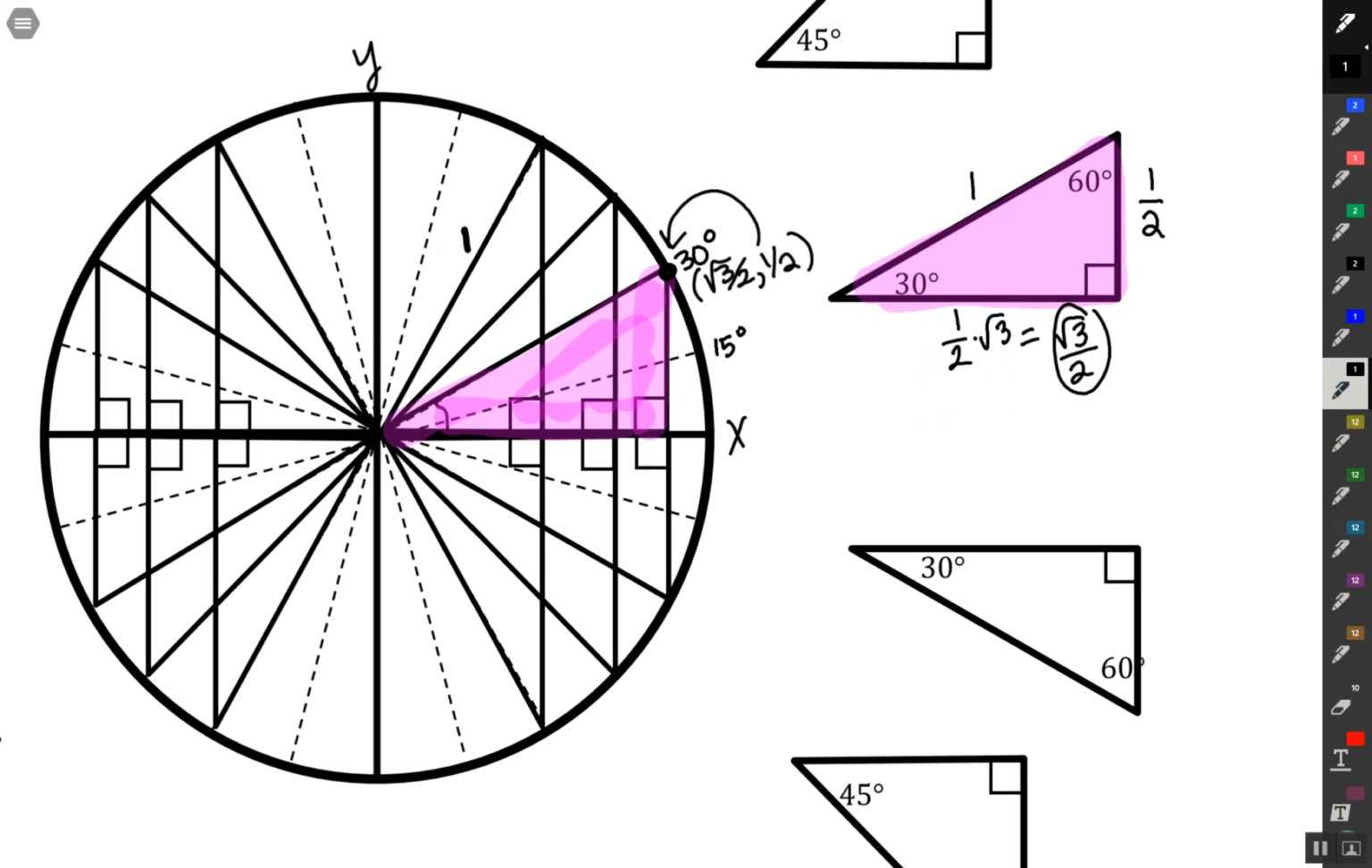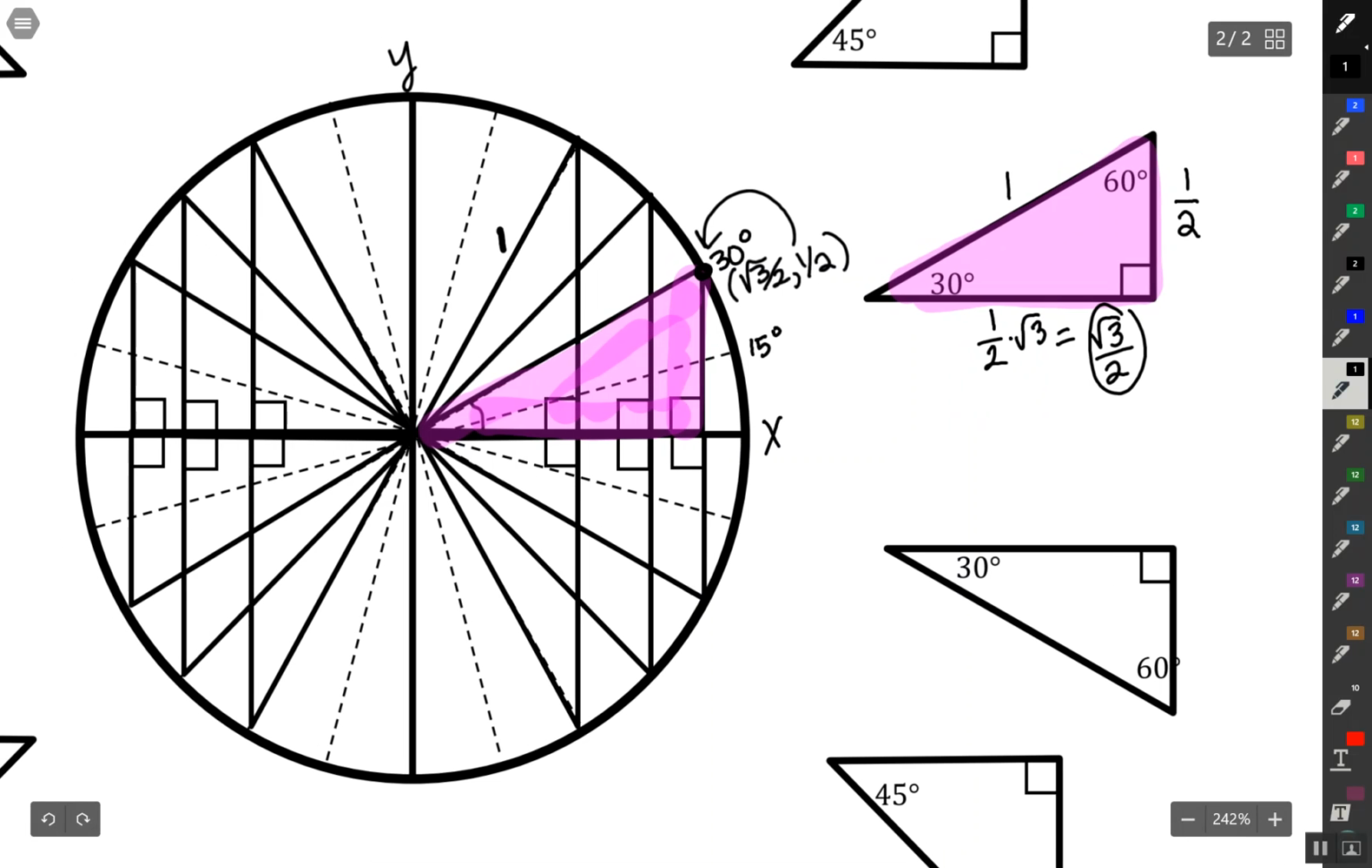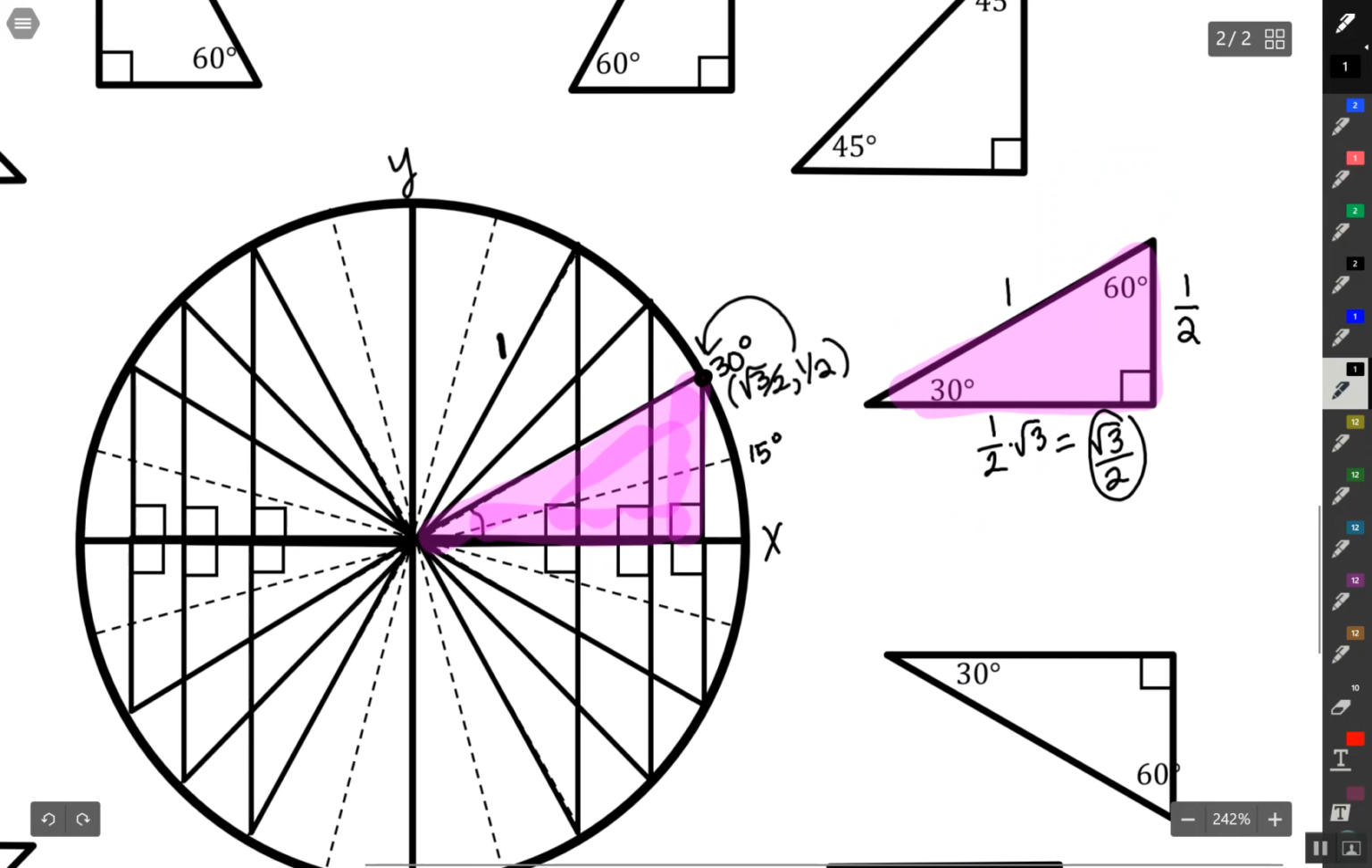Okay, if you were in my class last year, you should kind of remember this because we did this last year. Okay, so moving on. The next angle,